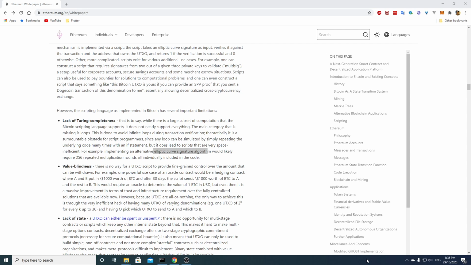Okay, so the idea here is that there's no way to split a UTXO. Since scripts cannot create transactions, they can only unlock existing UTXOs. You would have to create